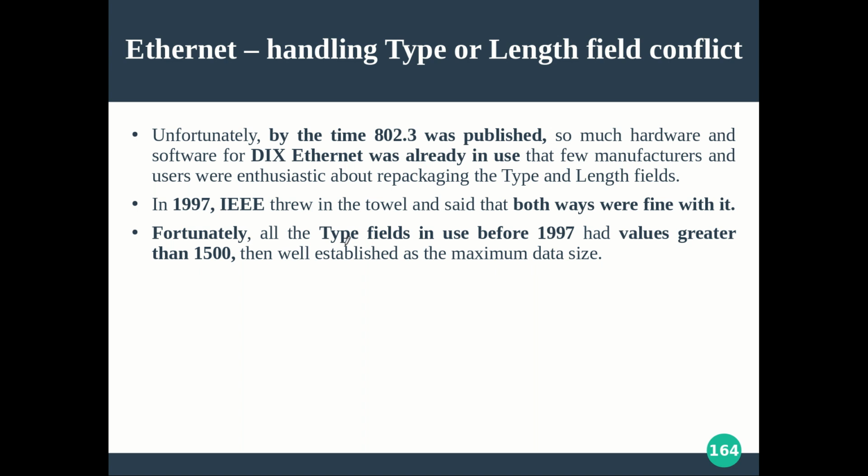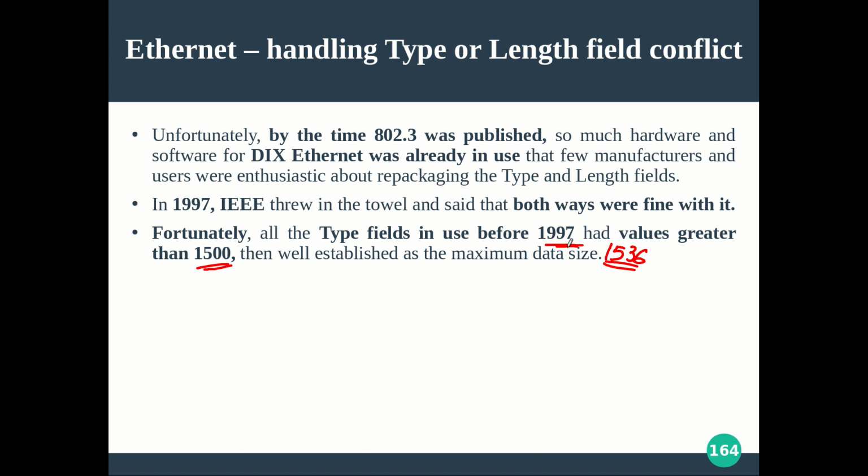Why they were able to come to such a conclusion is because of this fact: fortunately, all the type field values used before 1997 were greater than 1500. So what is this 1500? The typical length of an Ethernet packet, right? So if you want to store the length information, it will be a value less than 1500. Not only that, if you count the header field also, 1500 plus some 18 bytes of header and another 18 bytes of trailer, it will be totally 1536. So this is the maximum value that you can expect as the